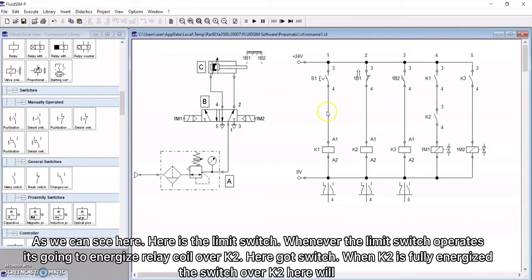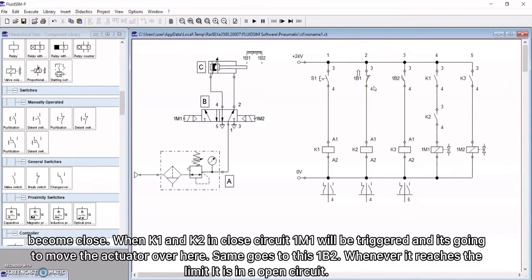As we can see here, here is the limit switch. Whenever the limit switch operates, it is going to energize the relay coil K2. When K2 is fully energized, the switch over K2 here will become closed. When K1 and K2 are in a closed circuit, 1M1 will be triggered